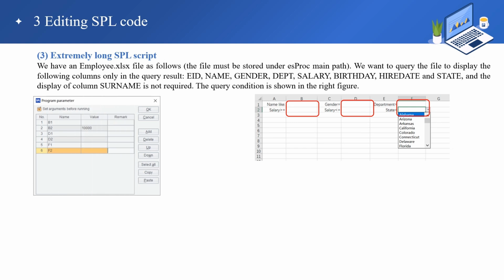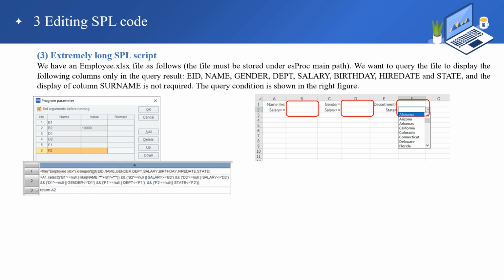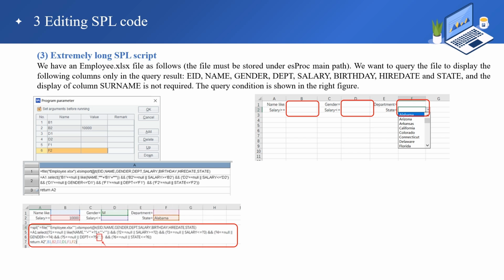First, open the SPROC and define the parameters B1, B2, D1, D2, F1, and F2. Then write the script. Next, click Edit, Copy, Excel Copy to copy the code to clipboard. Now open the Excel file, select cell A4, and press Ctrl V to paste the code in, as shown in